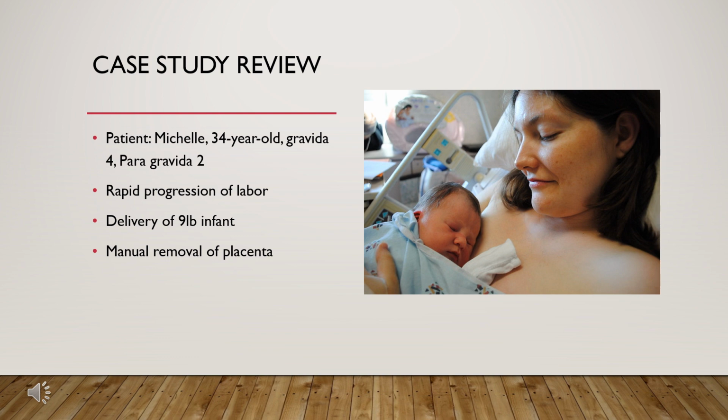After delivery, the midwife waited patiently for the placenta to separate from the uterine wall. As time went on, taking over 20 minutes, the midwife called the OB doctor to the room for evaluation. As the placenta was still not spontaneously removing from the uterine wall, the provider decided to manually remove the placenta. After removal was complete, the placenta did appear intact, and the fundal assessment was firm at the